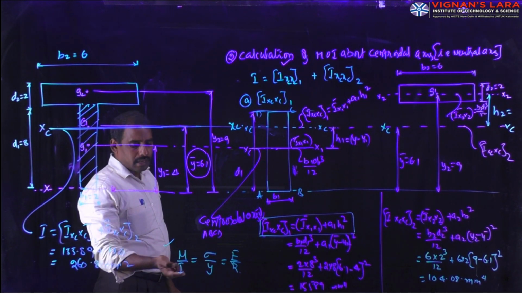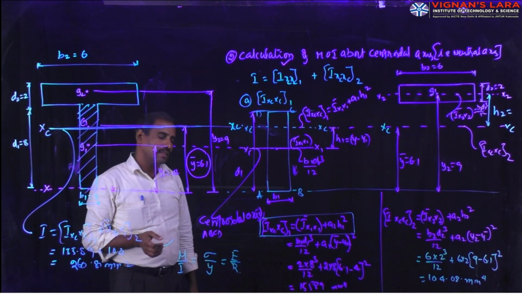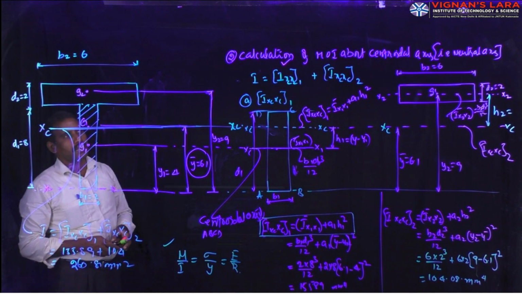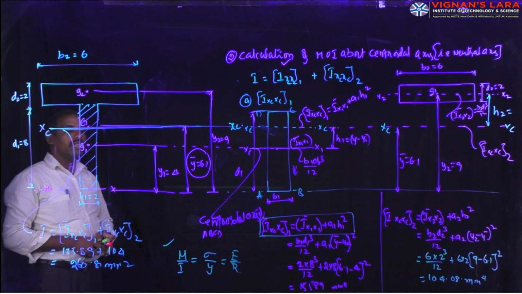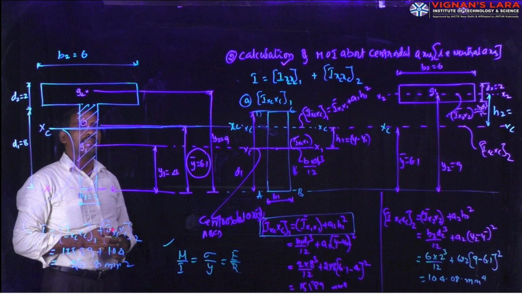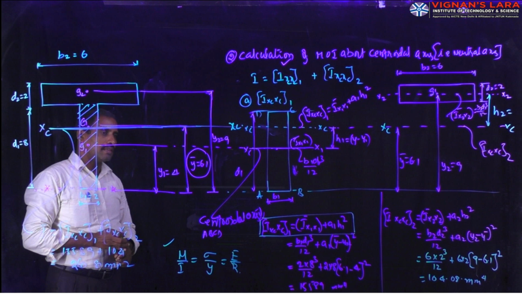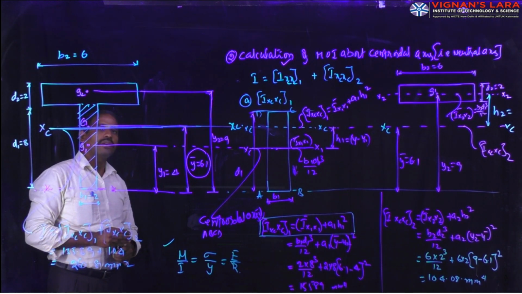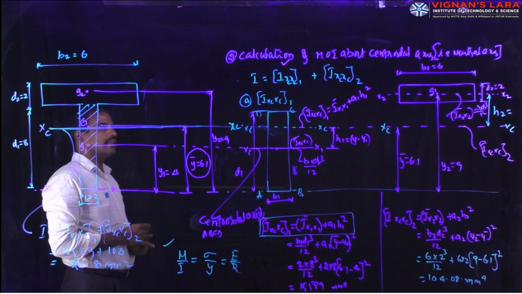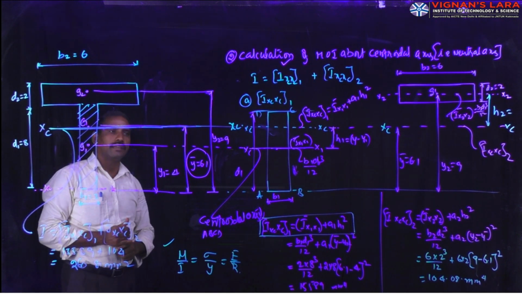If you want to calculate the moment of inertia about the central axis, initially we have to find out the centroid of the composite section. So how to calculate the centroid and how to calculate the moment of inertia: today we covered these two concepts for calculating the bending stress subjected to any kind of loading system. Then we solved one kind of problem, like the T section as well as the C section, by calculating the centroid and by calculating the moment of inertia about the central axis.